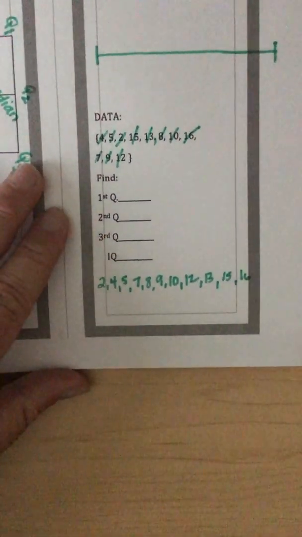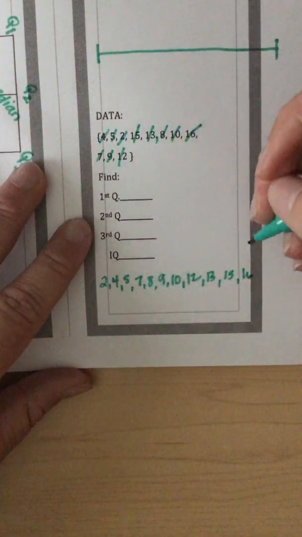Okay, so now that my data is in the correct order from least to greatest,